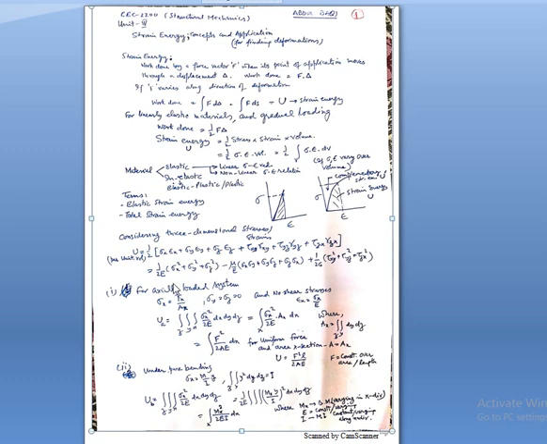Now, suppose a material is only axially loaded, then only one of the stresses is present. Sigma x will be equal to the force applied on the system divided by the area of cross section perpendicular to the force, and sigma y and sigma z are 0. Even all the shear stresses are 0. So this equation will be very simple. It will be 1 upon 2E sigma x square